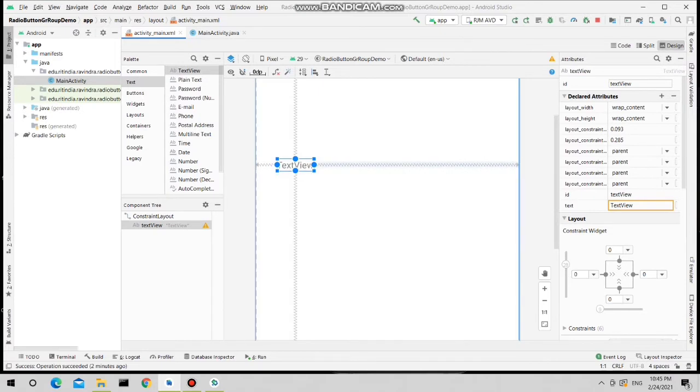This will be the text view for the question. So I am adding the question: who is the developer of C language. So this is my question.